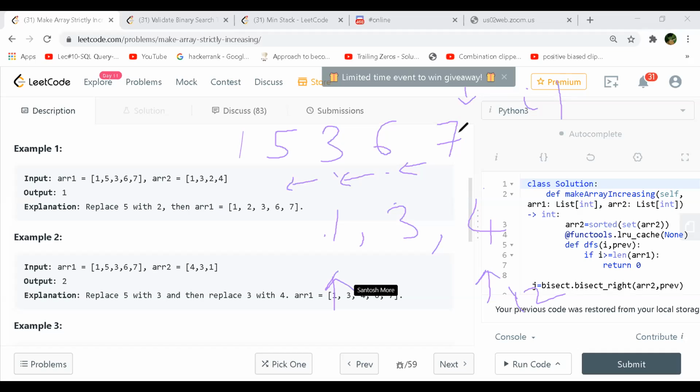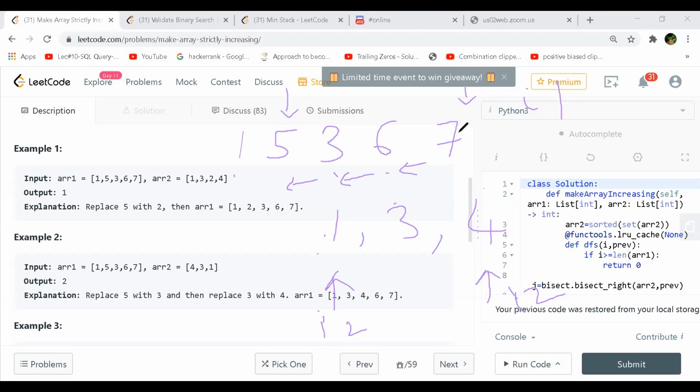So what are you suggesting? Yeah, so since the previous element of 5 is less than 5, here we have two possibilities. That is, we can change 5 or we can skip changing 5.